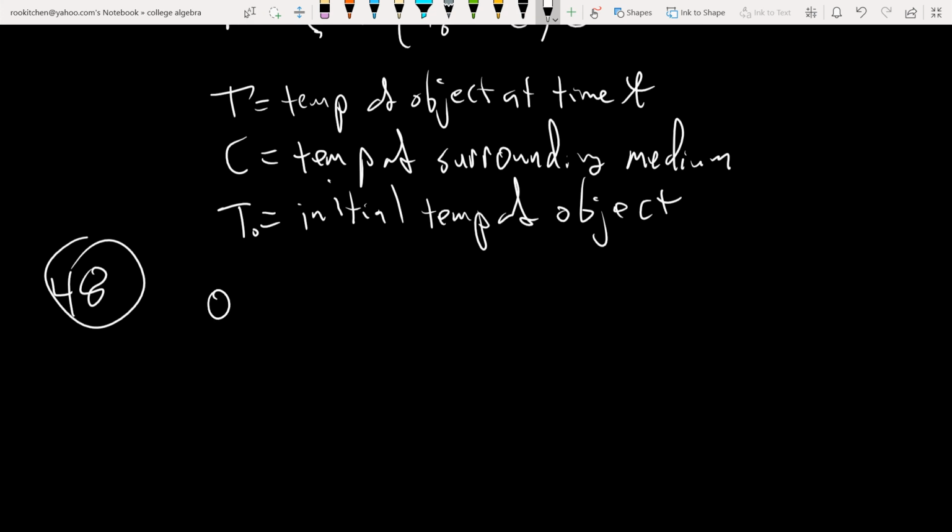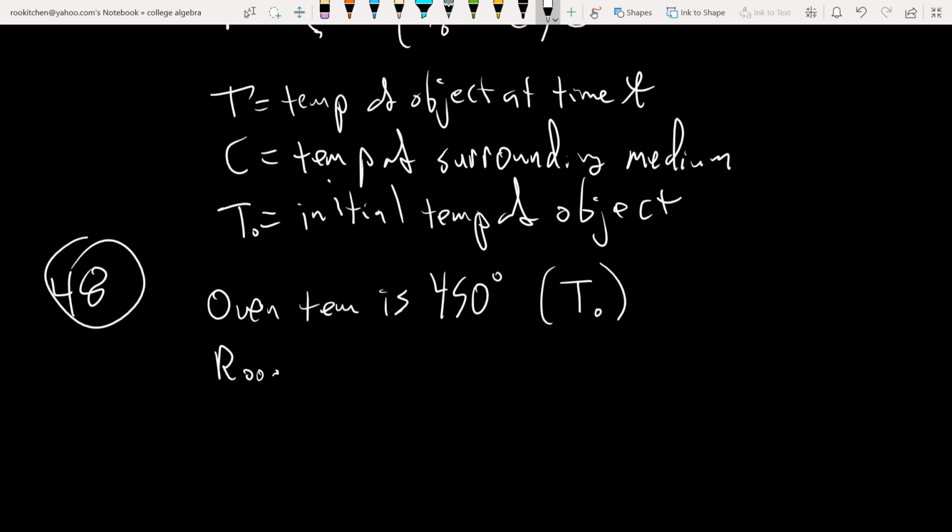Okay, so they're saying the oven temp is 450 degrees. This is going to then be the temperature of the pizza at time 0. They're saying the room temperature is 70 degrees. This is the temperature of the surrounding medium, so that's C. And then they're saying after 5 minutes,